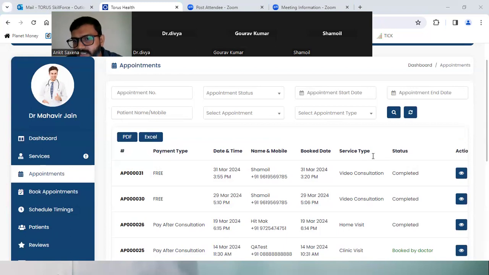Till now it's clear, but if any doubt comes up as we start using, yes, absolutely, Dr. Smita, we are always here to help you out. We will also be sharing a FAQ sheet with you. We will also be sharing a ready reckoner with you.